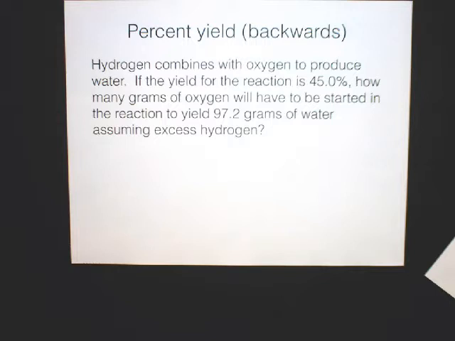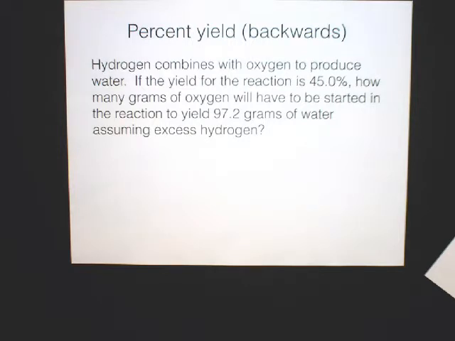So it says hydrogen combines with oxygen to produce water. If the yield for the reaction is 45.0%, how many grams of oxygen will have to be started in the reaction to yield 97.2 grams of water,